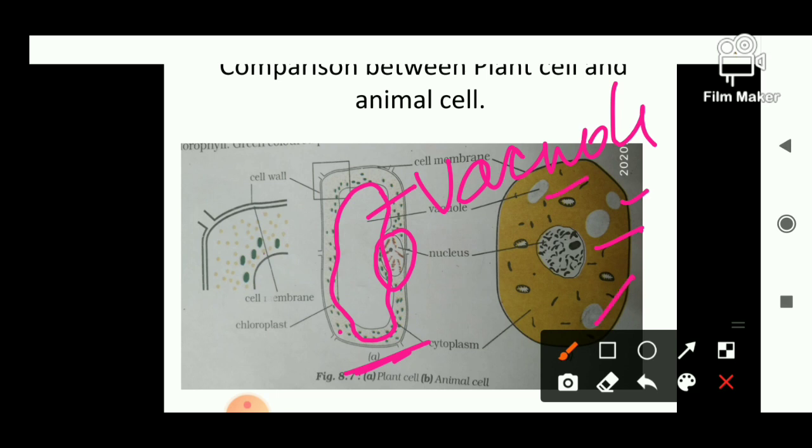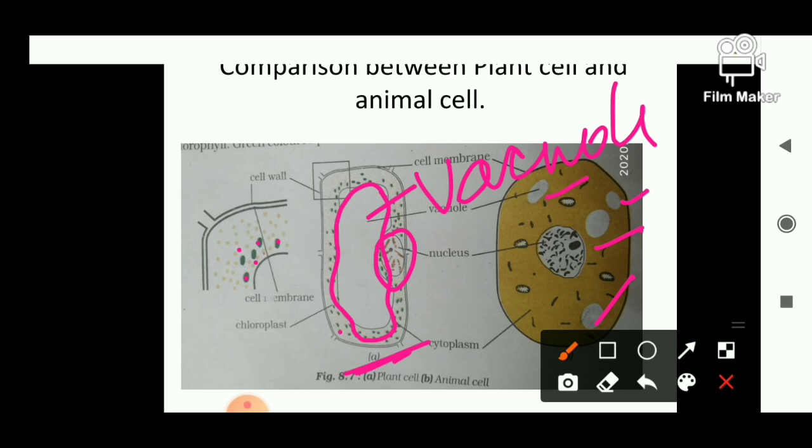Right? Okay, then you might have noticed several small colored bodies in the cytoplasm of the cells of the Tradescantia leaf. Some green colored plastids were scattered in the cytoplasm. You can see this in this figure also, which you can note down. These are the green color structures which are called plastids.